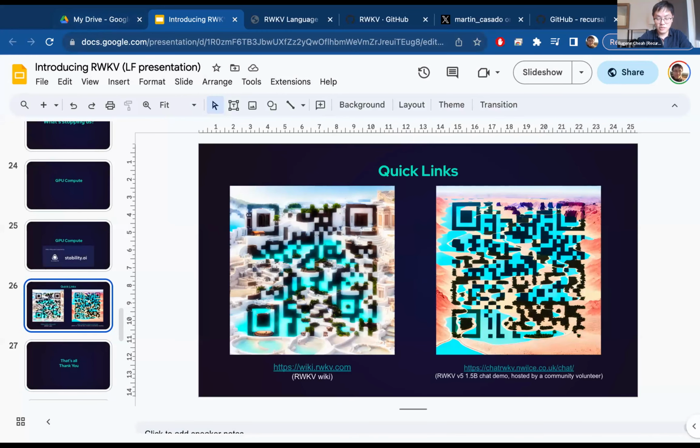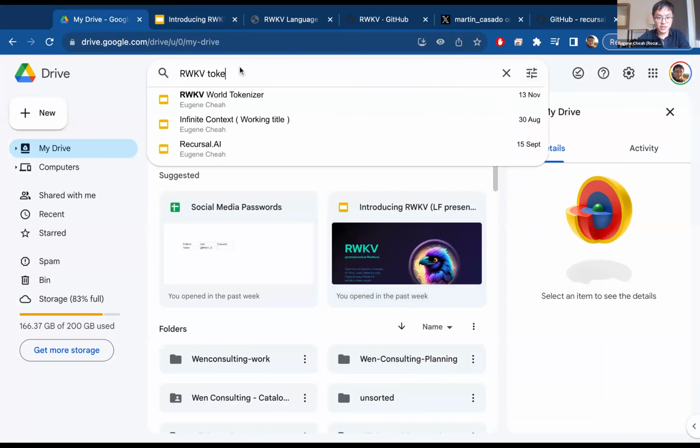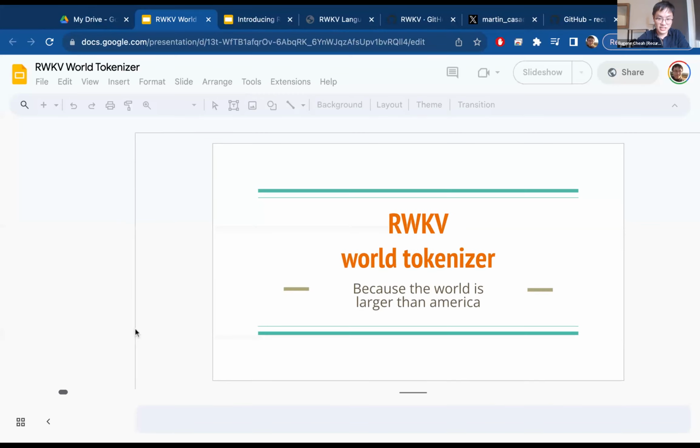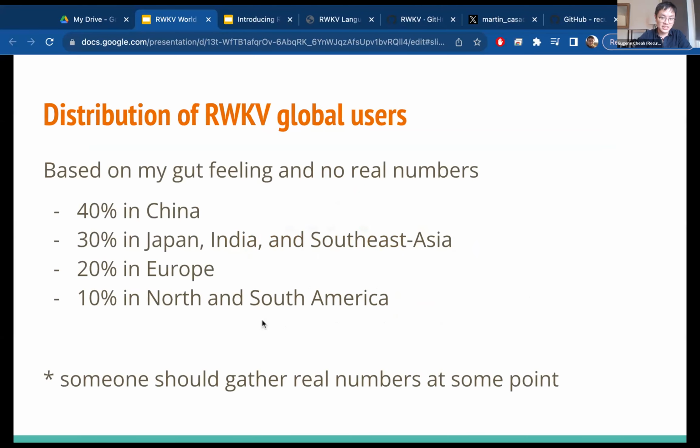So for RWKV, one thing that's rather interesting is that the RWKV global user base is dominantly China, Japan, India, Southeast Asia, Thailand also is a major group in there, and then followed by Europe. And actually, the smallest group is our North and South American segment. And this is mostly because very early on,